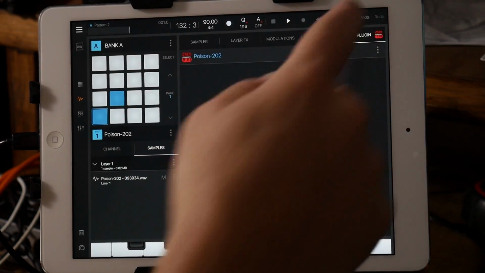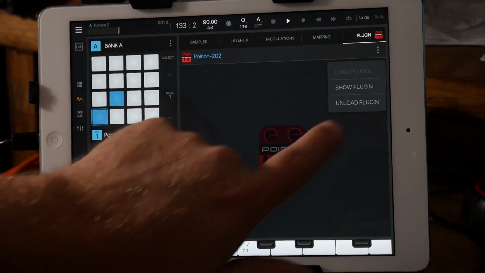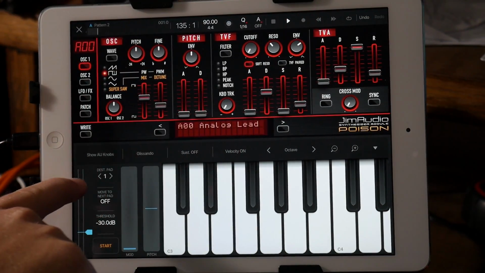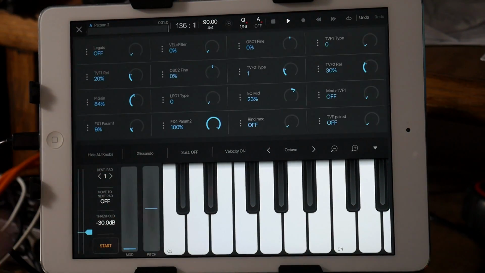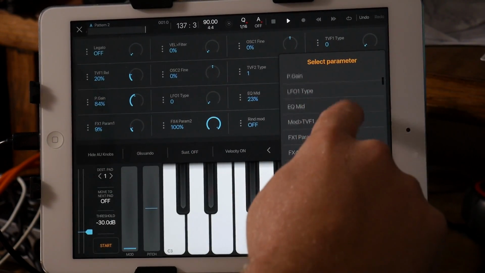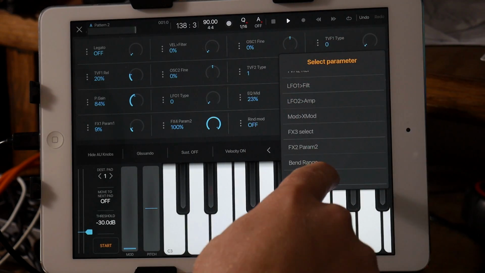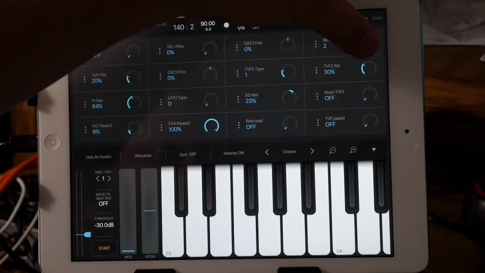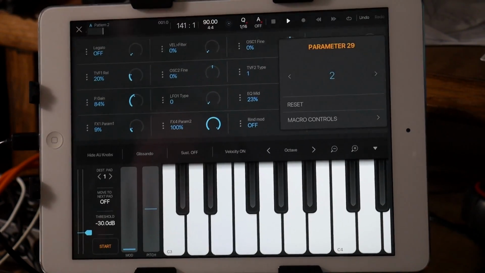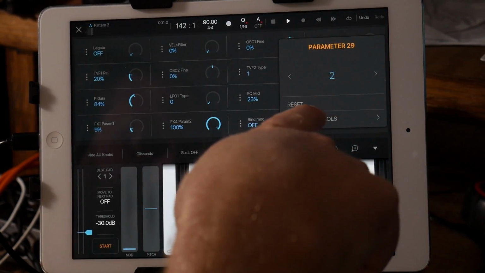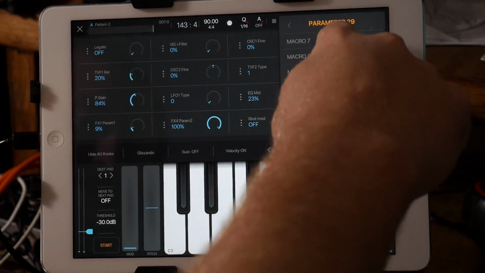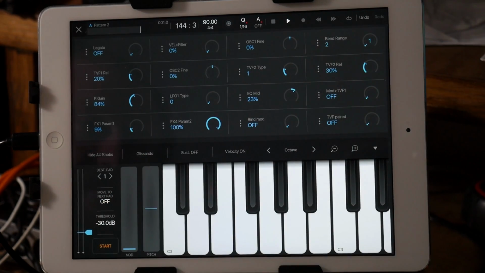the sample here. I got plugins. Just kind of show you how much they thought about this. So it says show AU knobs. Okay, and so these are some AU knobs. Now I can select the knobs that I want. So if I wanted this bend range, then now that becomes the bend range. Okay, so now I can double click that, and my macro control, I can click on macro control,